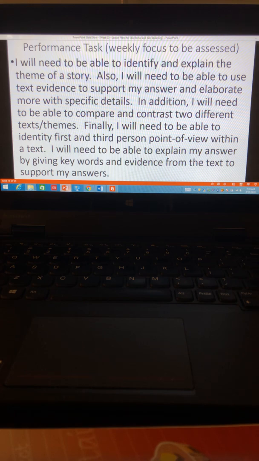Performance task. I will need to be able to identify and explain the theme of a story. Also, I will need to be able to use text evidence to support my answer and elaborate more specific details. In addition, I will need to be able to compare and contrast two different texts or themes. Finally, I will need to be able to identify first and third person point of view within a text. I will need to be able to explain my answer by giving key words and evidence from the text to